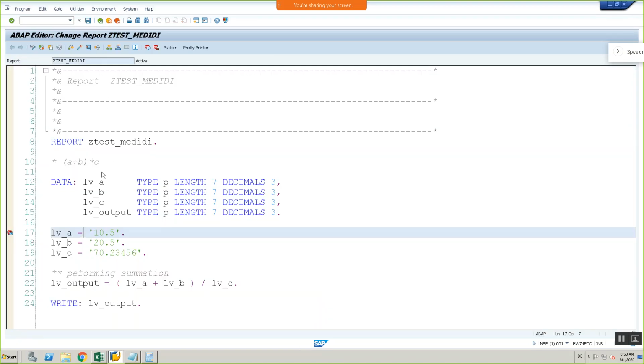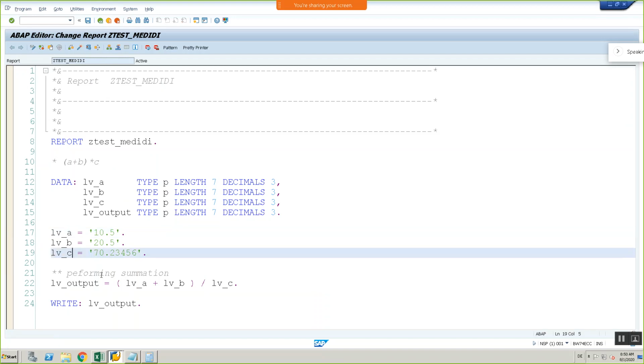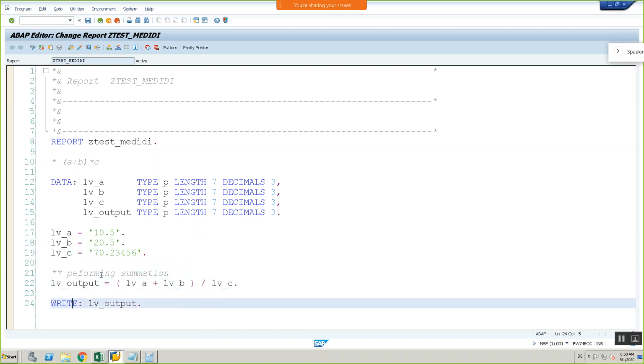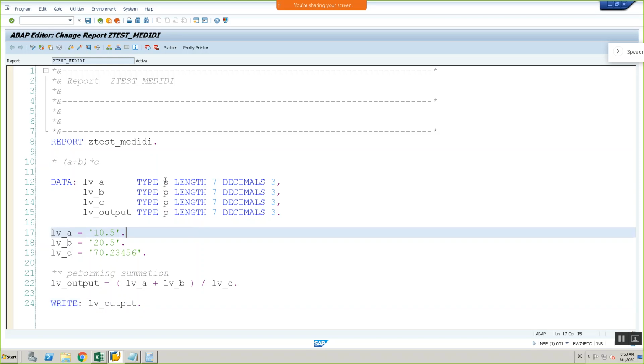While debugging, you can observe each and every line, how it is working, how it is saving in each variable, so that it is helpful for you to debug anything. To understand if there are any issues or errors in the code, you can identify it. That's it. So this is how we define integers, how we define decimals. If you are good with this, we can go to the character type now.